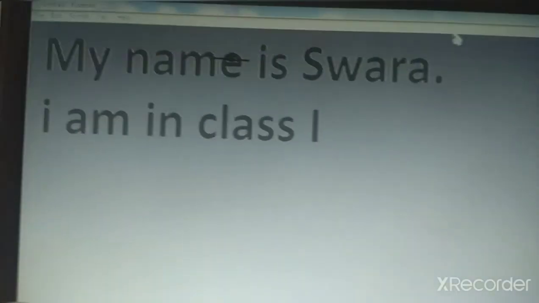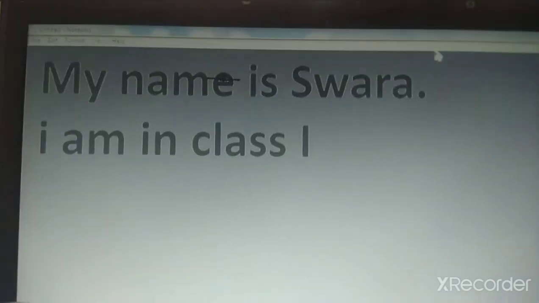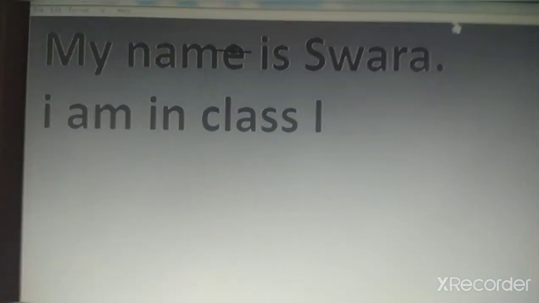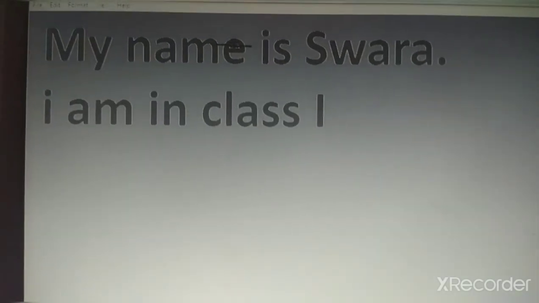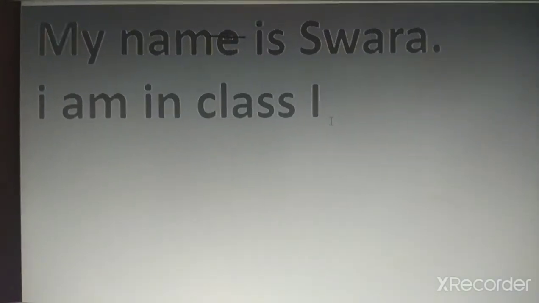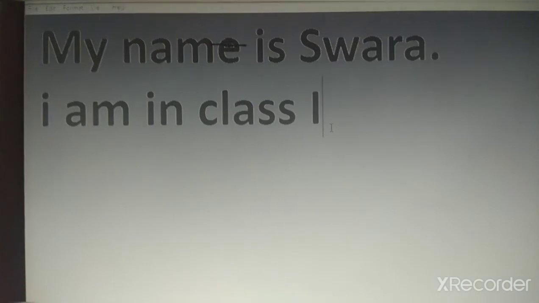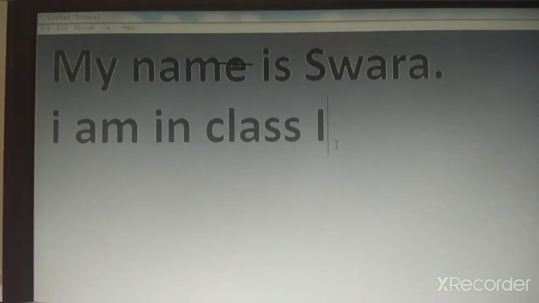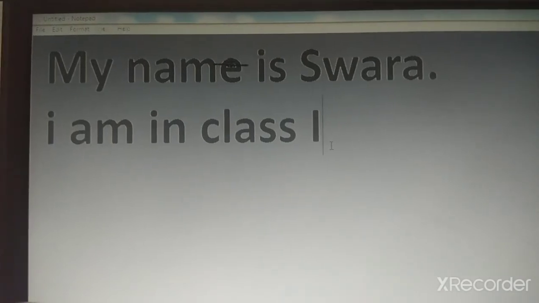Okay, what is the use of this backspace key? We will see now. Now, see, this we have typed. Okay, already we have typed these 2 sentences. Now, our cursor is here at the end of this sentence. Okay, now I want to erase it. I want to erase this sentence. This backspace key is used like eraser.